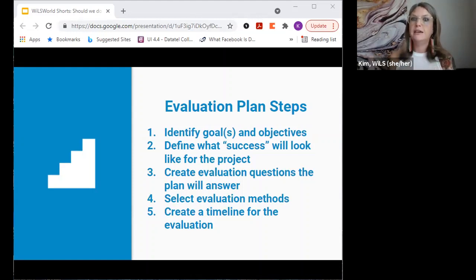A stronger objective would be something that was more specific, more clear, and involves something that's more measurable. So you might want to scope, for example, from community members to patrons, and you might want to put a specific time frame on the objective so that you have a window you're focused on. So maybe you want to allow for a year of implementation with the social worker project. And then you want to look specifically at patrons who visited the library during 2022. That's more focused and more specific than community members, and it might give you ideas of ways you could reach that group a little bit more easily for the evaluation purposes.